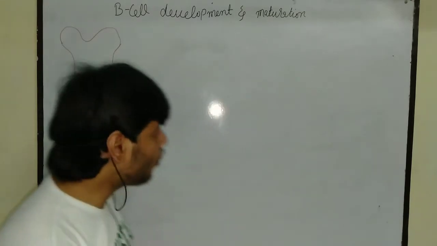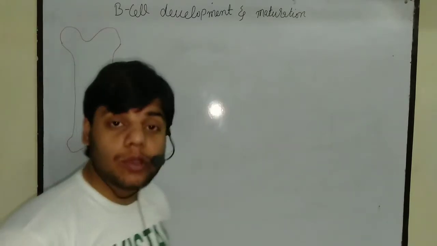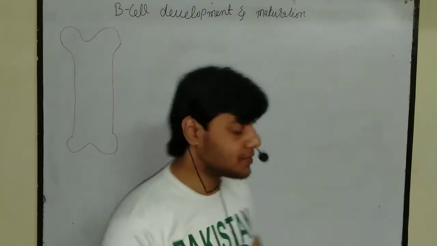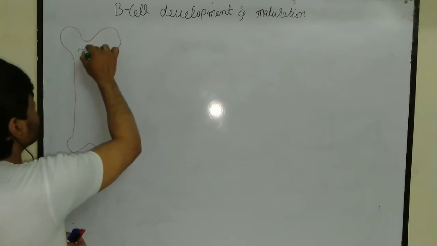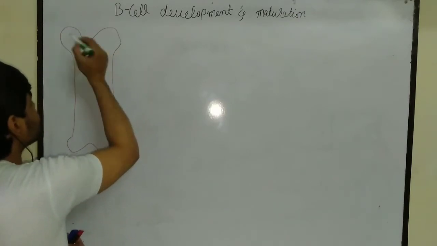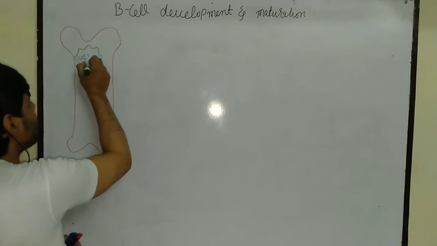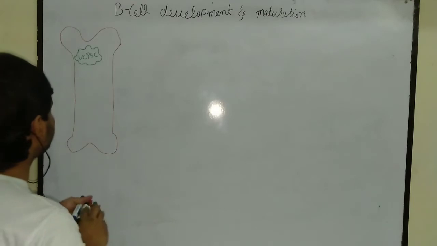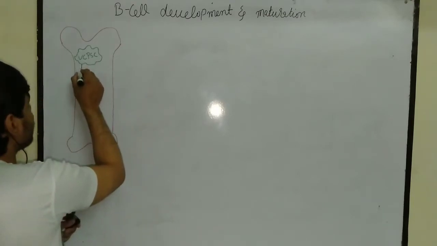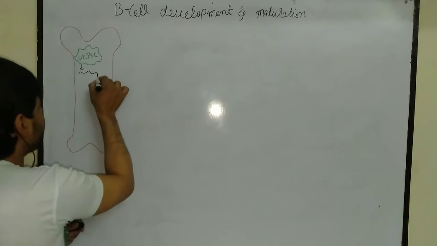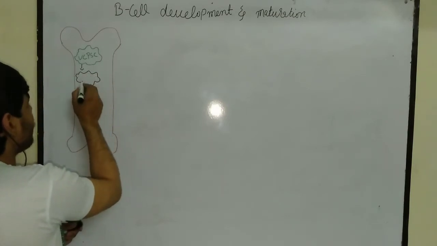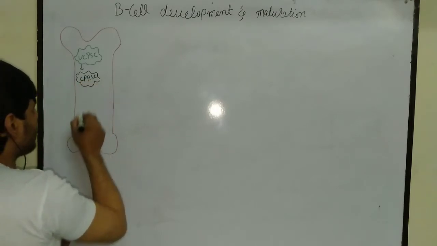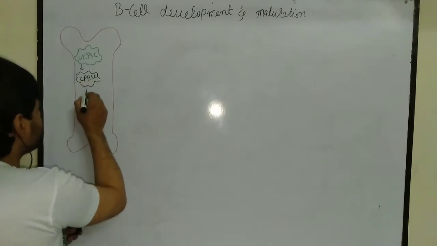Inside the bone marrow we have the first cell, which we call the uncommitted pluripotent stem cell. Let me draw. So this is the first cell. This cell is called the uncommitted pluripotent stem cell. This cell will be converted into another cell which we call the committed pluripotent hematopoietic stem cell. This cell will be converted into